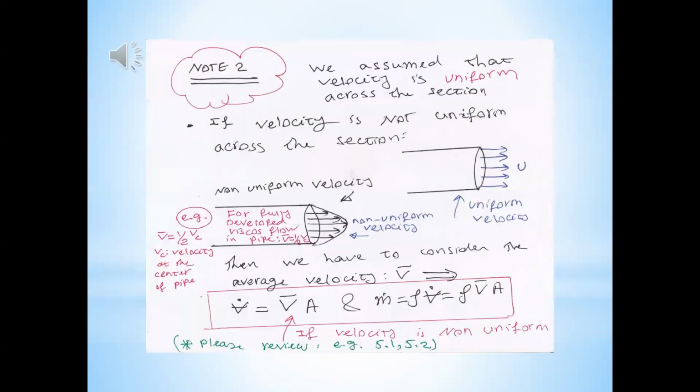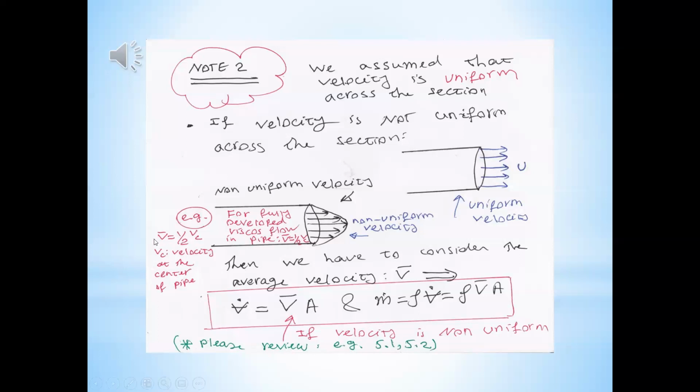Under note 2, I explained that we already assumed that velocity is uniformly distributed across the section like this one. And we say, okay, it's V times A. But if it's not uniformly distributed, like laminar flow, fully developed laminar flow in a pipe, here is how velocity looks like. You learn about this stuff in fluid mechanics. In that case, you should consider the average velocity, which for fully developed laminar flow in a circular pipe, we can prove that,